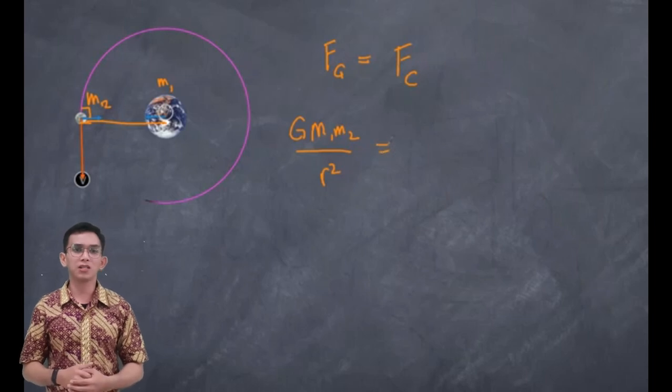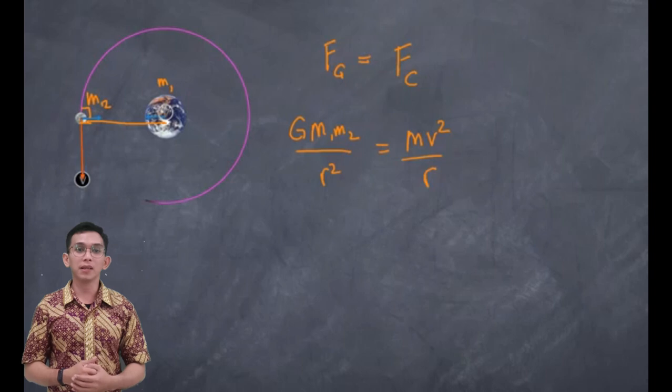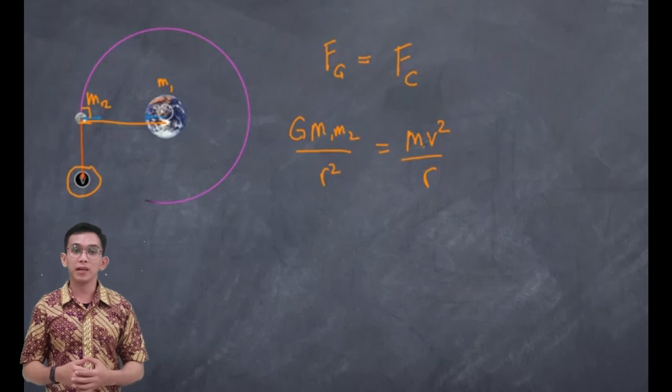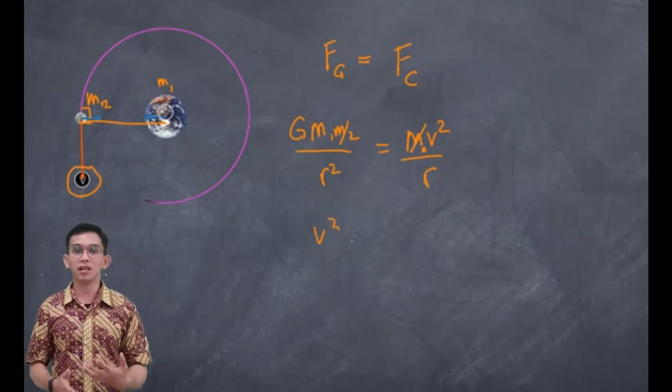And of course, that G is the gravitational constant, which is always 6.67 times 10 to the power of negative 11. And then the centripetal force is equal to mv squared over r, which we have studied in our previous chapter. Again, r is of course the same. That is the radius between our two masses, which is the Earth and the Moon. Then, the v here is orbital velocity, which we are looking for. If we rearrange this, then